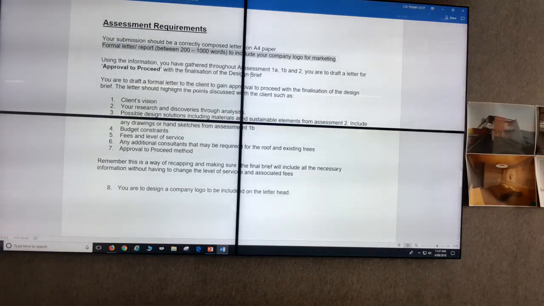All right, so let's look here. Using the information you have gathered throughout your assessment 1A, which is, what was 1A? Your research. 1B, what was 1B? Your meeting with the client. And 2 is what you're going to submit soon, so that is with regards to some sustainable solutions and concepts, right? So that's what the client has no idea about, because that's what he told you or she told you in the meeting with the client, and therefore that's why we've asked you to kind of do that as research. You are to draft a letter. Why do you think it's drafting at this stage? Because